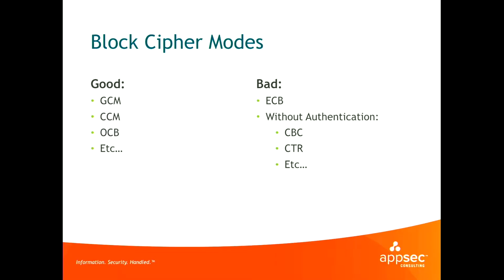CBC just happens to have a really fun property. It's malleable. I can flip bits in an encrypted bit of data in the ciphertext itself. And when you go to decrypt it, it will still decrypt just fine, even though I've made changes to it. With some experimentation, you can get to the point that without ever knowing the key, you can control what it's decrypted to.